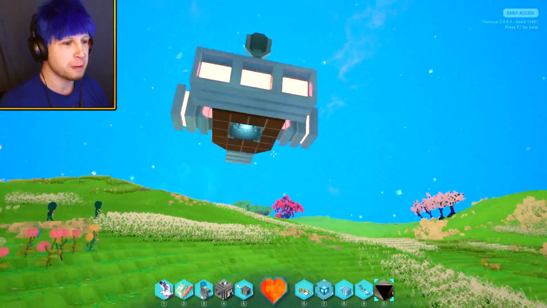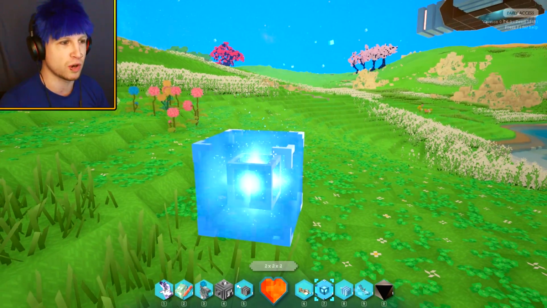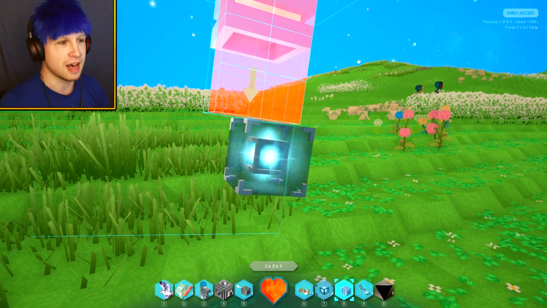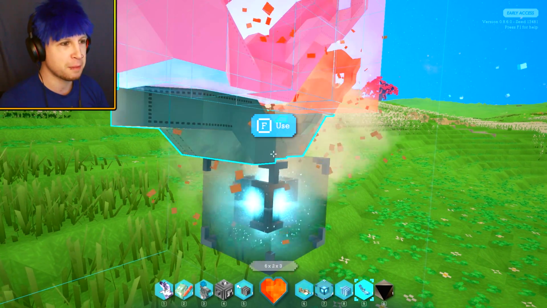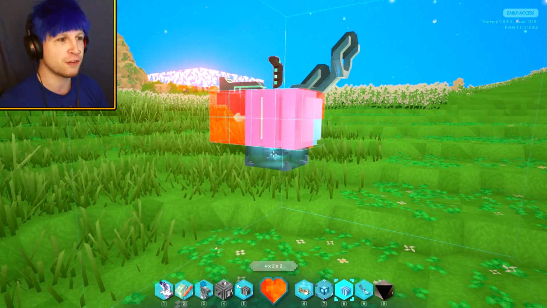So the way that the spaceship is going to work is very similar to the vehicles, where you have to plop down this main core. This tells the game that this is going to be a ship, as well as the ship's cockpit, which you have to put on it, and then the thrusters. Now, the difference between